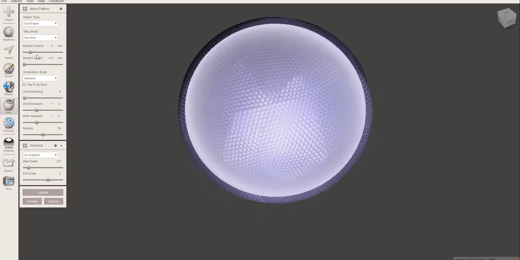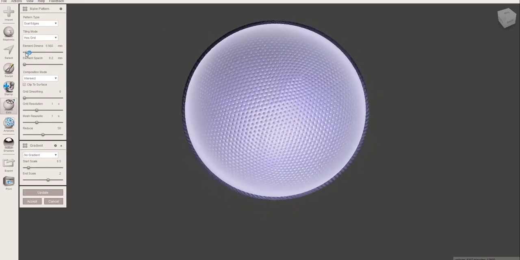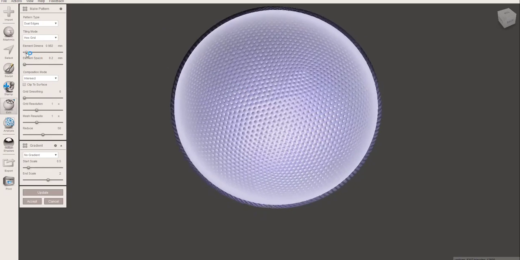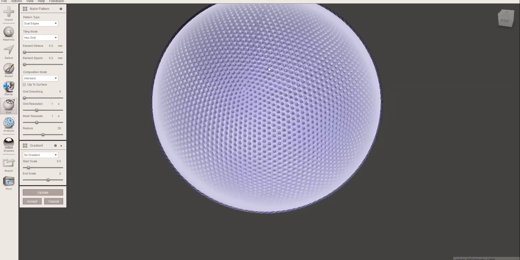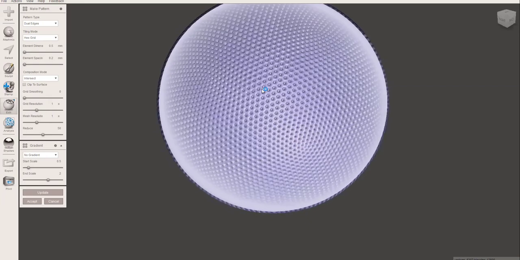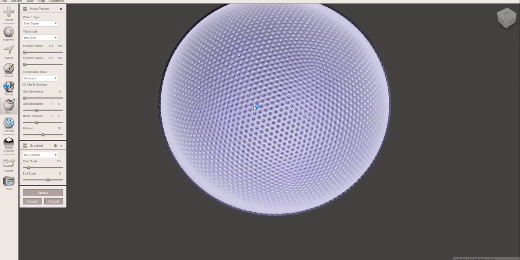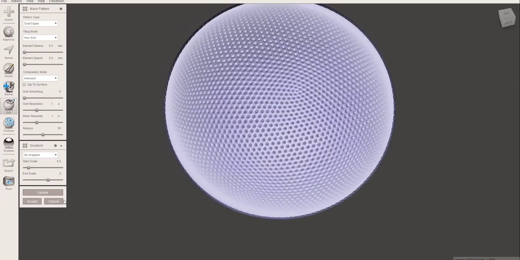Here on the left hand side, you can see the element dimension. You can play with that and see how the changes take place on the surface. When I reduce this, you can see the pattern that is created. But of course, you can see the elements or the small holes are too close to each other. So if you do not want that, what you can do is just cancel this